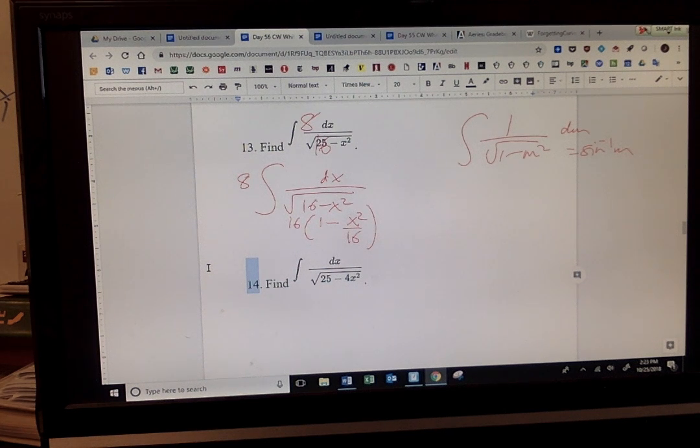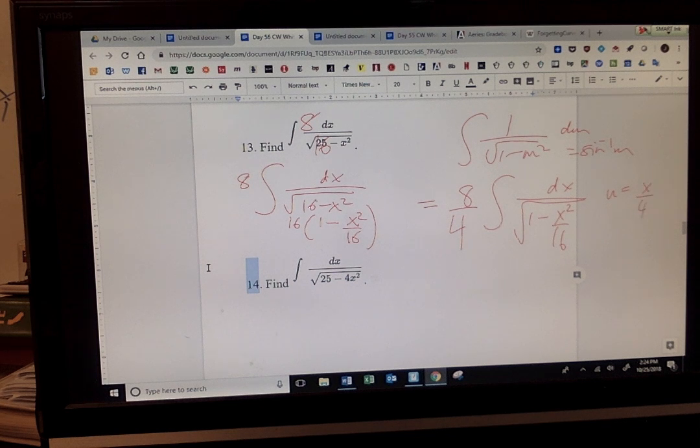4. So I'm going to do this as a shortcut, see if you can play along with the next question and say, okay, I get it. Yes? Skipping all those steps. I don't need to show all those steps. Again, there's no wrong. Pull out the 16, square root of 16, 4. Integral dx over radical 1 minus x squared over 16. Is that clear? So from now on, everybody, for the next problem, I will expect us to do this directly. Is that clear? Alright. As before, u is